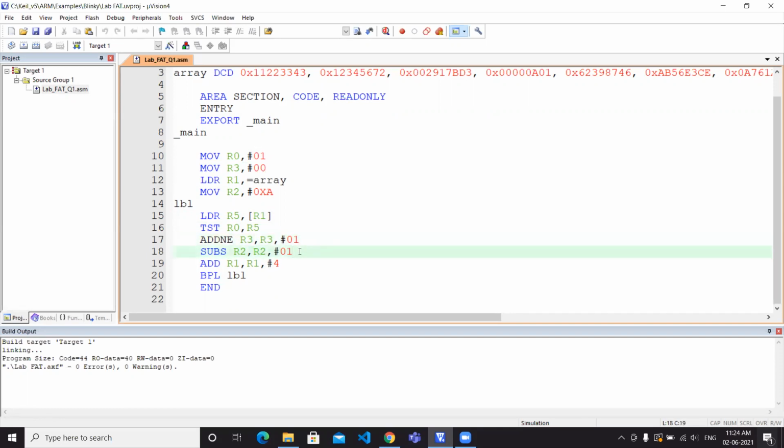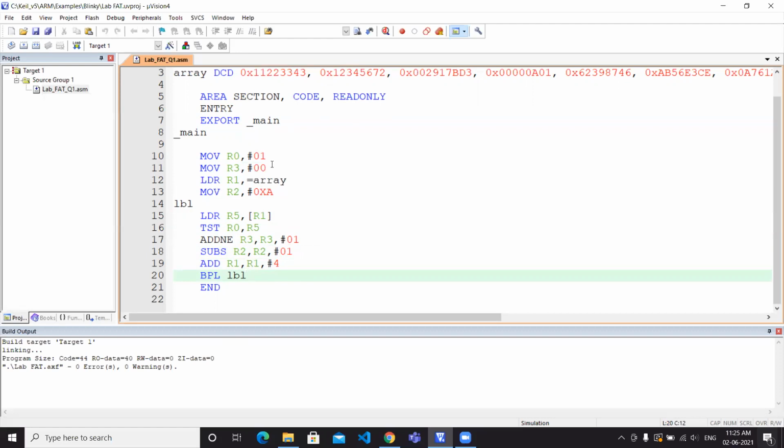The next line decrements the count of the array elements, so it now becomes 9. So we have 9 elements left in the array. And now we are adding 4 to R1 and storing it in R1. This is because we are moving on to the next element of the array.